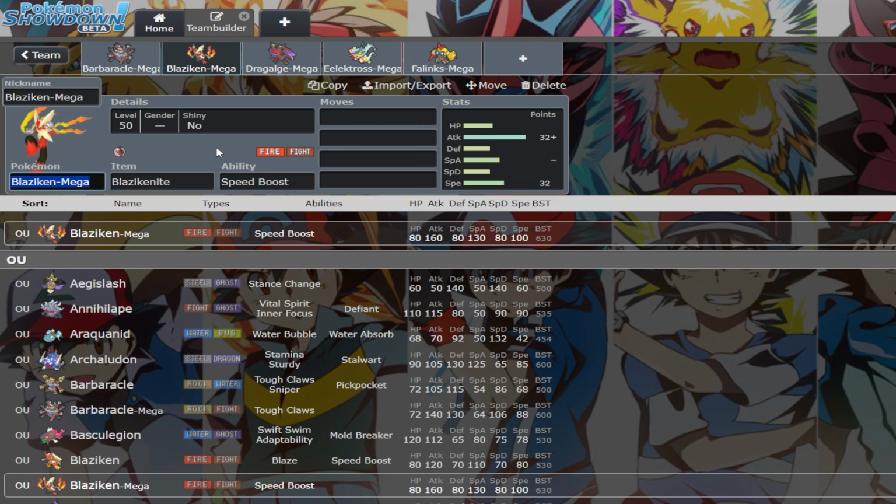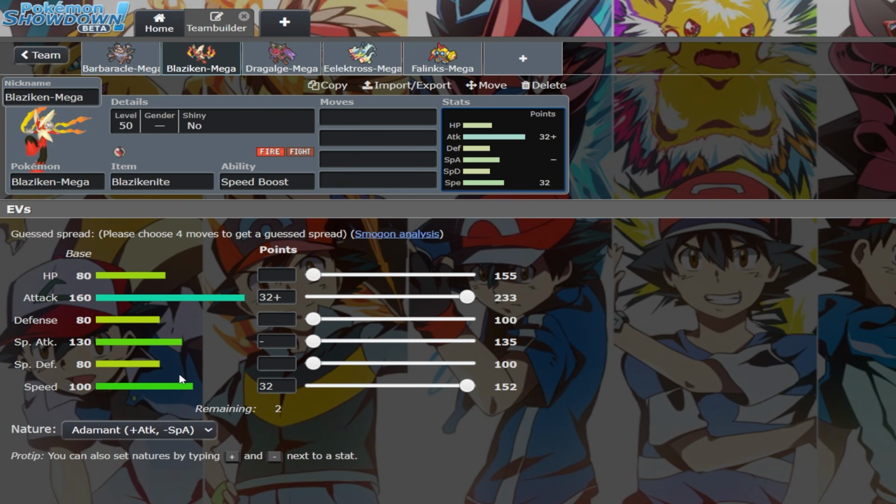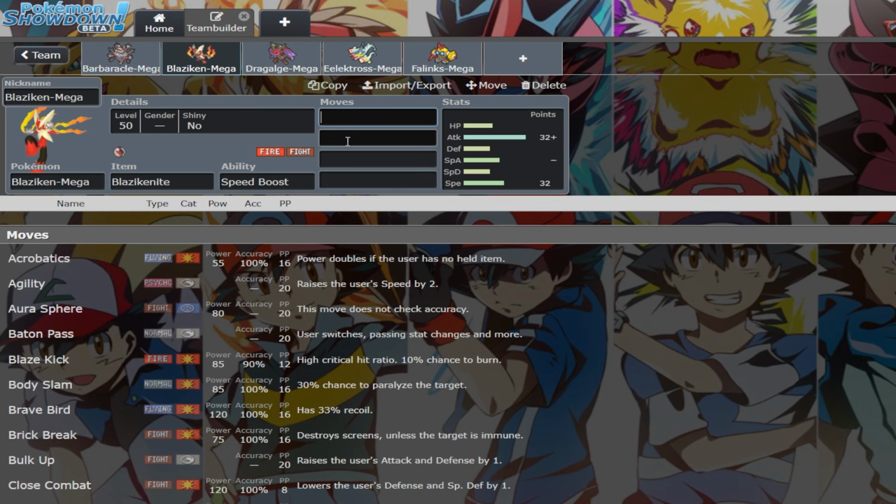So like, yeah, everything is allowed right now, but Mega Blaziken is a Pokemon that will not stay. It will get banned. It's a fire type that's insanely fast and insanely powerful, right? Base 160 attack start with Speed Boost. You don't really have to worry about speed. You can just run Adamant Nature and rip everything with Flare Blitz or Close Combat or any other coverage move,